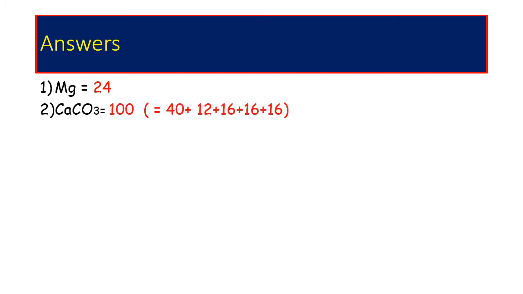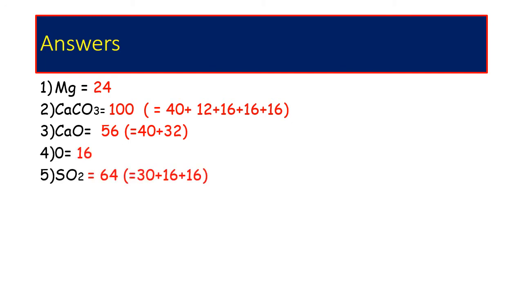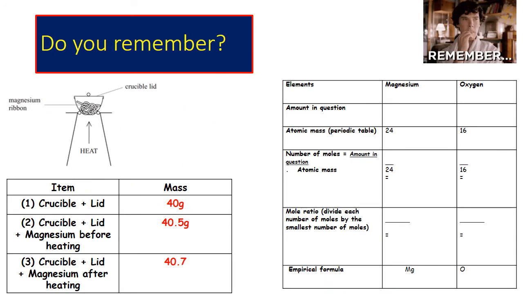So let's go through the answers. Magnesium is 24, calcium carbonate is 100, calcium oxide is 56, oxygen 16, sulfur dioxide 64, oxygen the molecule is 32. So hopefully you remember from when we were back in school, at the start of our C3 module, we